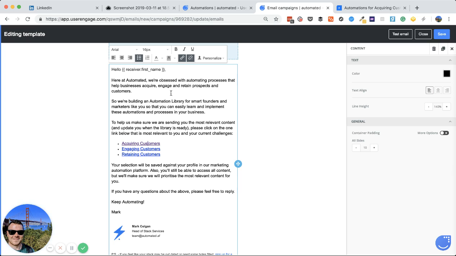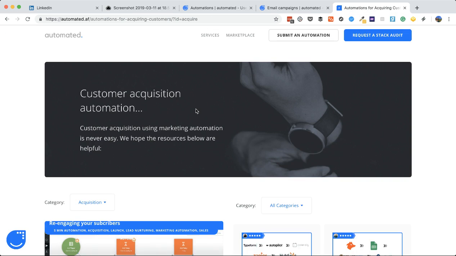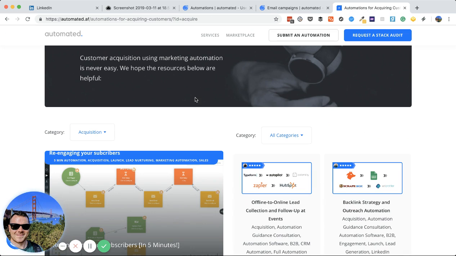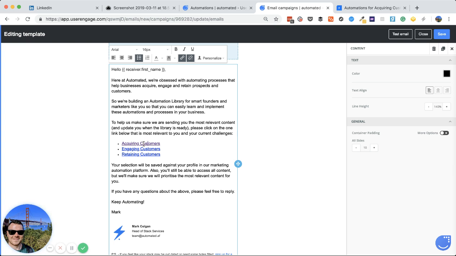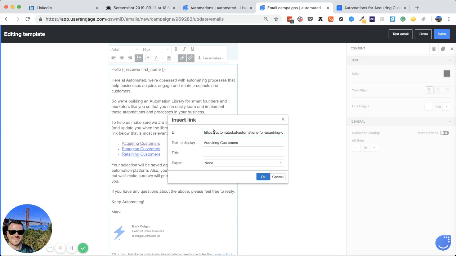So this is just a simple email that I've mocked up for the purpose of this example. And what I've added here is 3 links which link to the various different pages within the Automated site. However, there's a key step here which I need to show you, which is if I click on this link and open it up, you can see the URL is the URL we want people to go to,